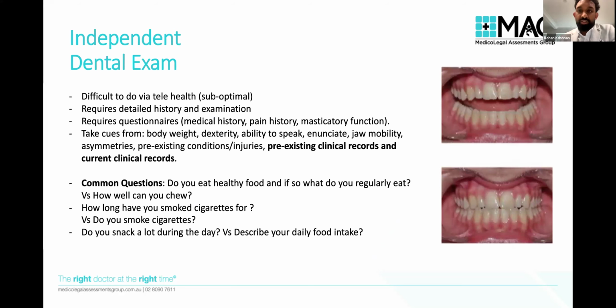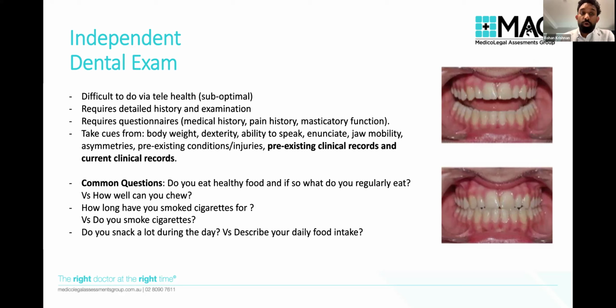So what is an independent dental exam with regards to an IME situation? Look, it is really difficult to do via telehealth. We tried during COVID at times to even treat patients, and I would say it's less than suboptimal. It's almost a void method of doing examination and treatment, purely because some of the changes that we're looking at on teeth and gums and in the soft tissues are 1 millimeter, 2 millimeters or less. They need 3.5 times magnification loupes or more, and a high-powered light to be able to visualize these changes. And so doing a telehealth consult is really tricky to accurately make a diagnosis and then provide an opinion.